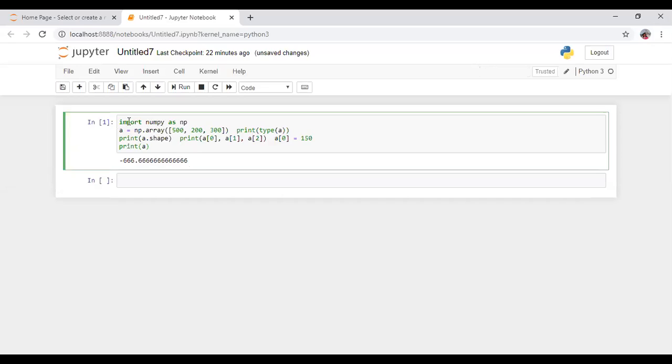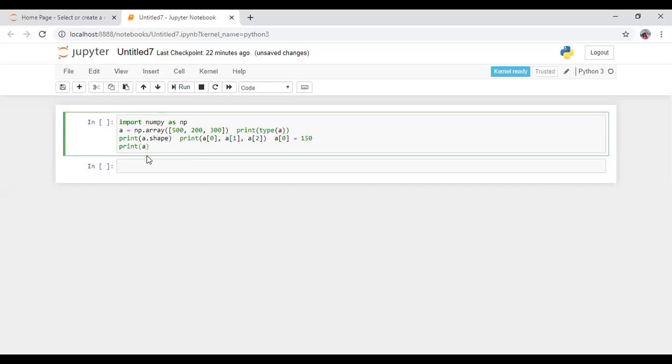See, I am using this one. Then you can use Shift plus Enter, or you can run from the menu. I'll discuss what a Jupyter notebook is. You can also download it on your laptop. It has inbuilt libraries. All the libraries are inbuilt in this, and input and output can both be displayed at the same time. See, I am running this.